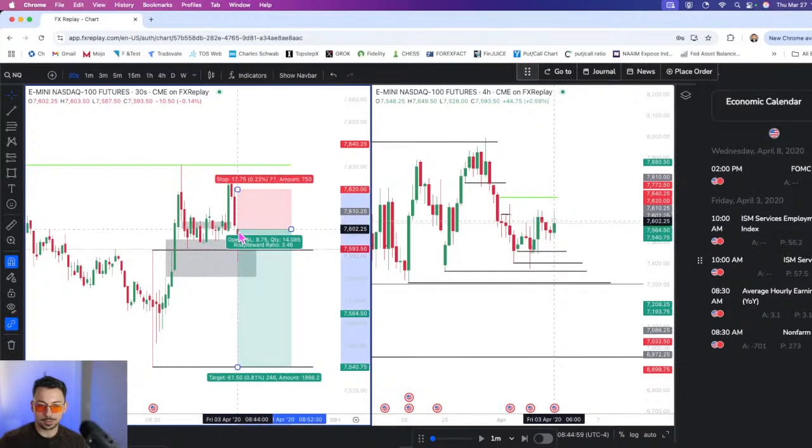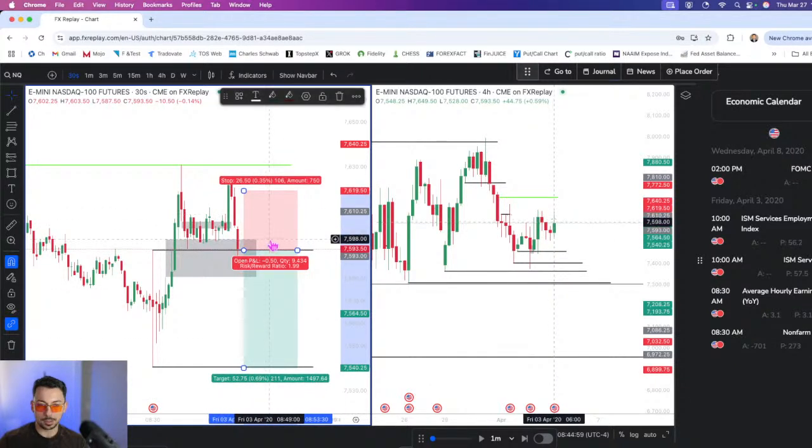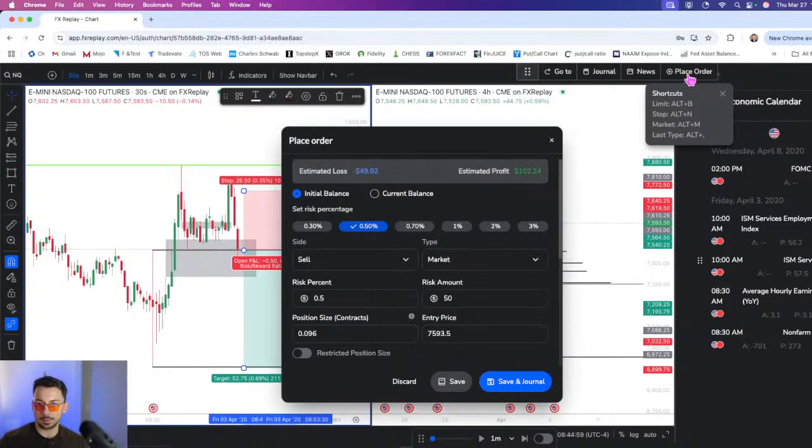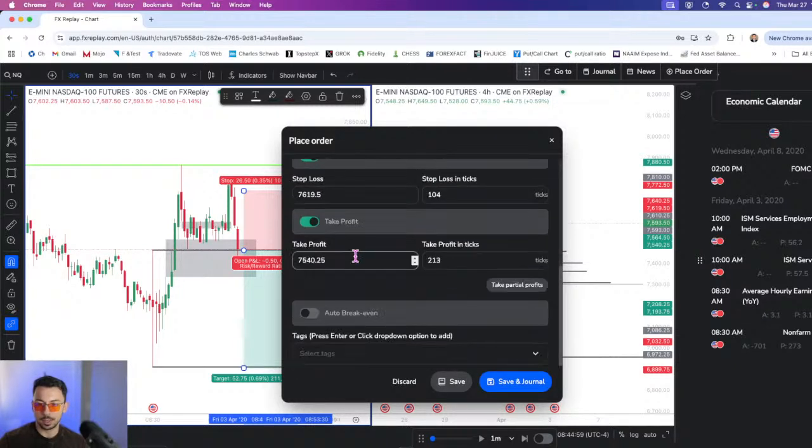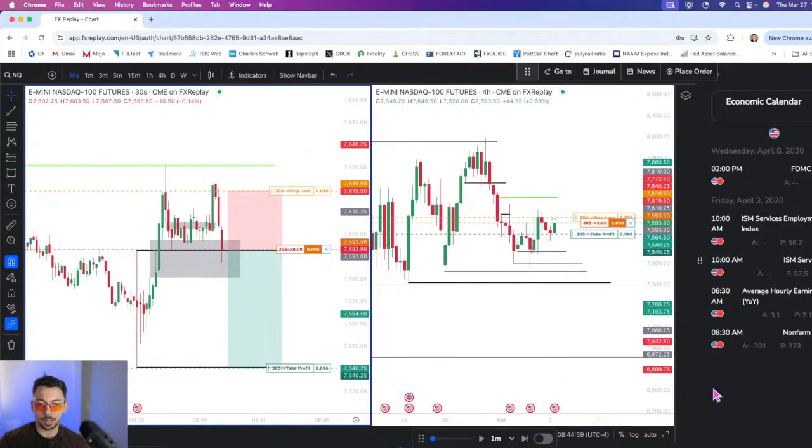You know what? Let's just try this. Okay. I'm going to do a little bit less risk, sorry, because I still think this is good. So the entry was here, but in reality, I'm going to have to enter here because I was late. But we're going to do it with half size, so 50%. So I'm risking max 1% per trade. If it's really high confidence, maybe I'll go higher, but there's no auto break even here. So we're literally just going to do this and see what happens. So again, it's a half size position because I missed the entry, but let's see what happens here.